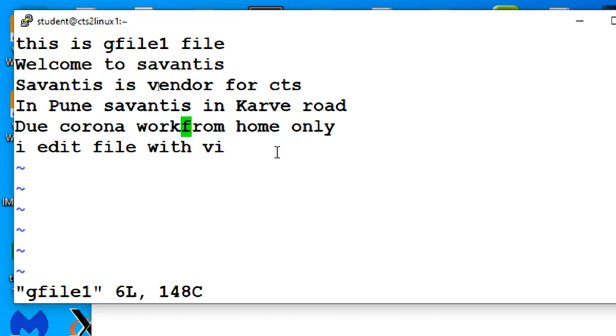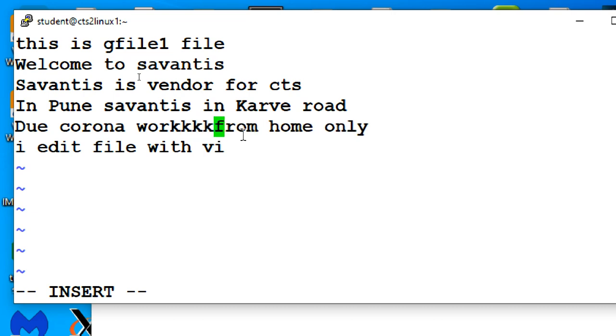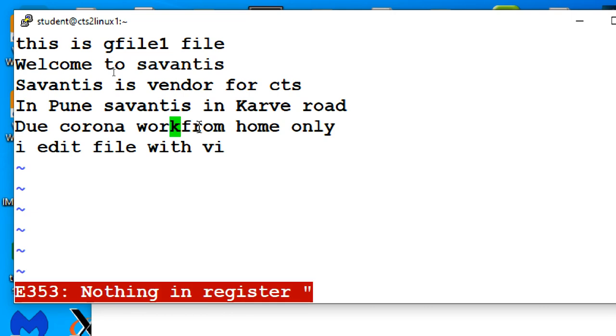I'm at F. I press small i and I went to insert mode, and see my cursor. My cursor is still at F only. You can see that color, F only. Now I'm typing something. I'm typing K, or I will use better, like P. Where is it printing? It is printing before the cursor. I'm pressing Escape again. Insert mode is gone. Now I'm pressing P. Not working.